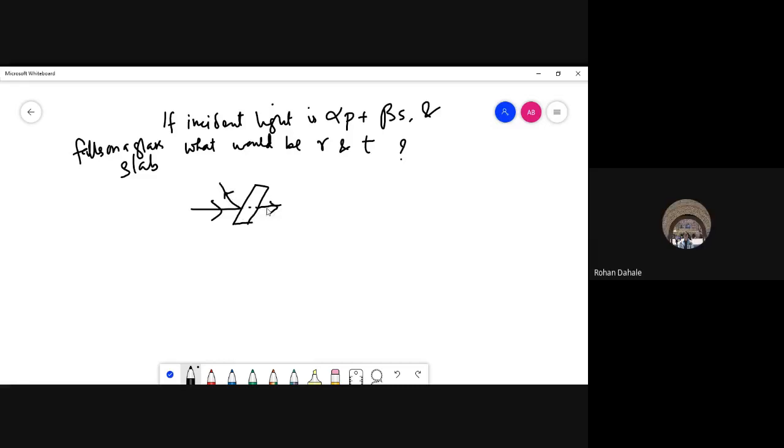Is there any way we can figure out the alpha and beta? I'm saying maybe you can, but suppose you know alpha and beta. How will you still find out R and T? Because remember, what we know are just R parallel and R perpendicular, right? But neither of these is correct by itself. So what would you do? Do you want a theoretical expression or the measurement? Expression. How would you generally go ahead? That is my question.